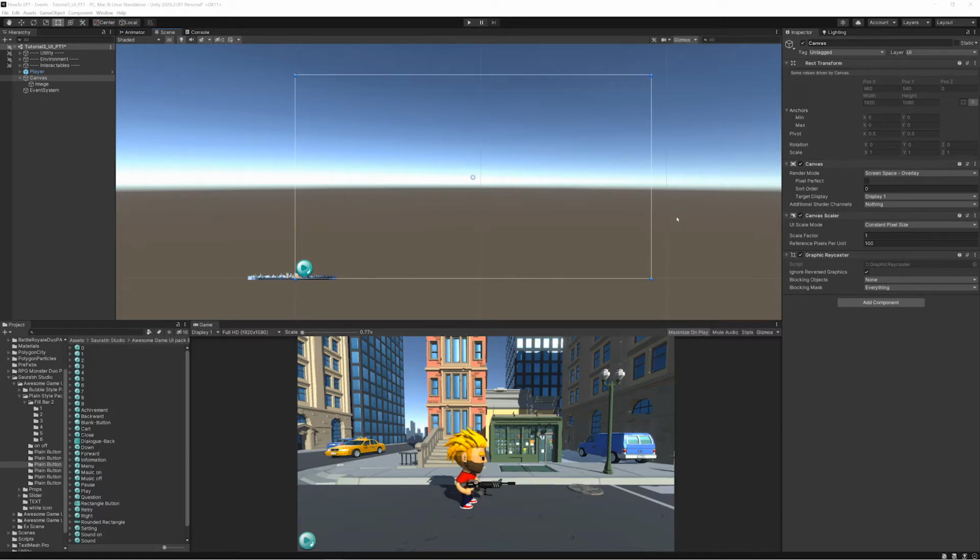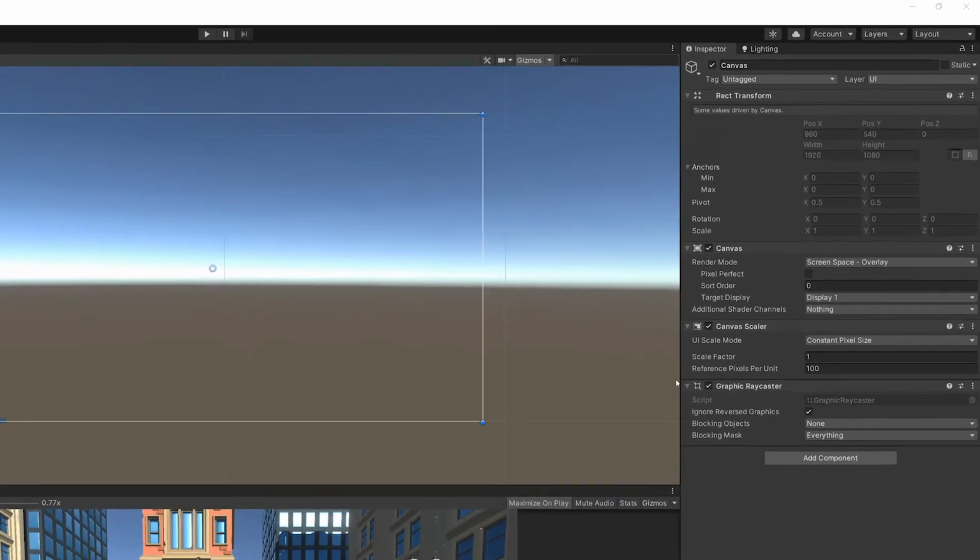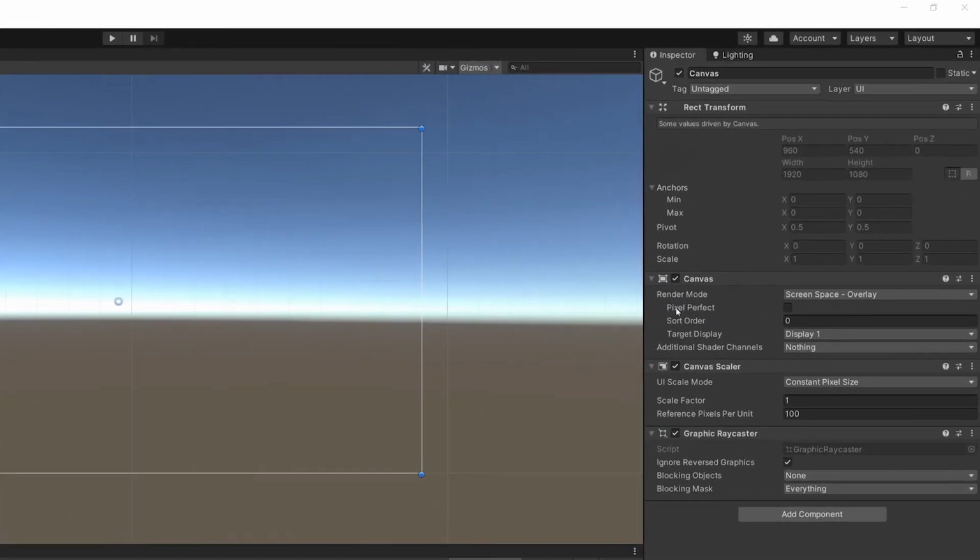Now, you can have more than one canvas in your project, but it's usually recommended that you don't, with one exception, and we'll go into that later on, where you should actually have two canvases. But for the moment, we're just going to stick to the one. And if we have a look at the options here,